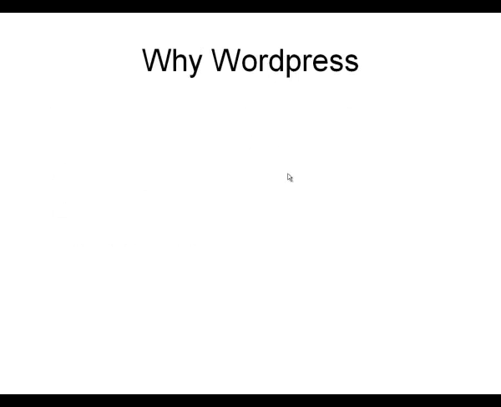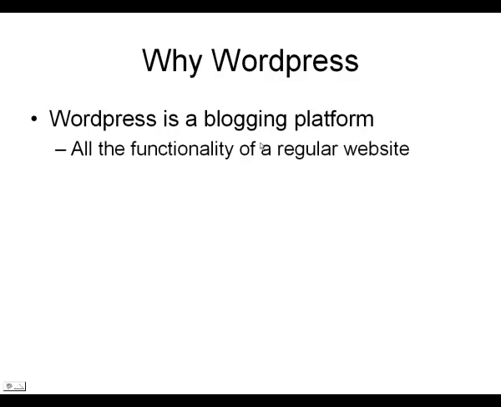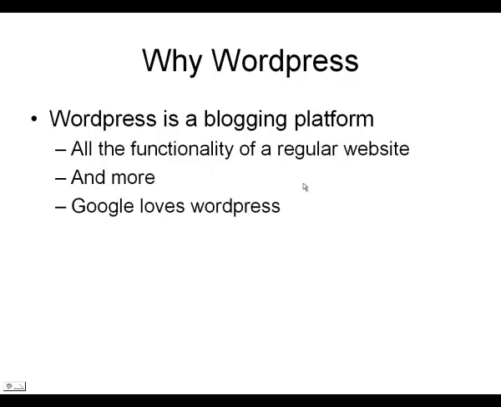So why use WordPress as a website platform? WordPress is a blogging platform. It has all the functionality of a regular website and much more. Blogging is a dynamic way of publishing information online, and the main reason we use WordPress is because Google loves WordPress, and Google indexes your pages very quickly. If you have a standard website, it may take weeks to get indexed, while a WordPress blog will get indexed